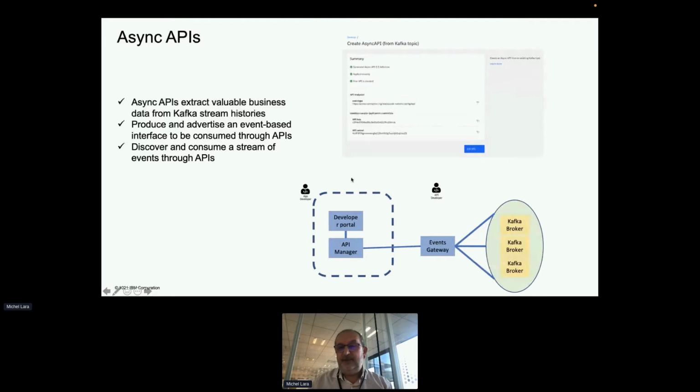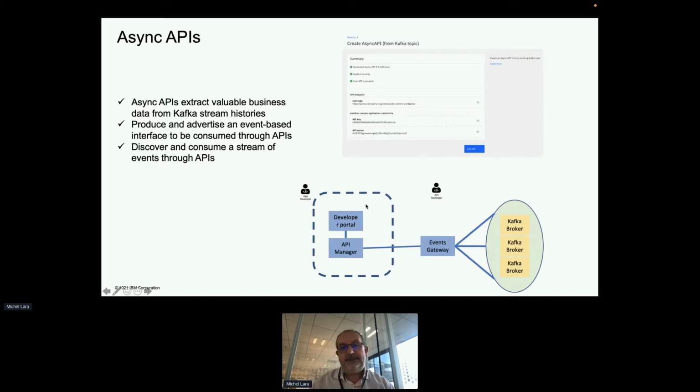So instead of a traditional REST API with an endpoint, in the case of async API, we have a developer portal and API manager, like a traditional API management tool, but you can directly post on a Kafka broker, so to have an asynchronous API.